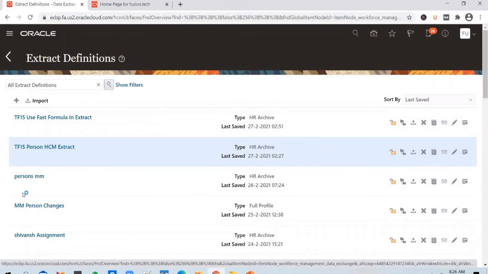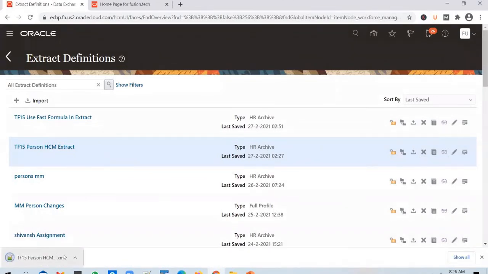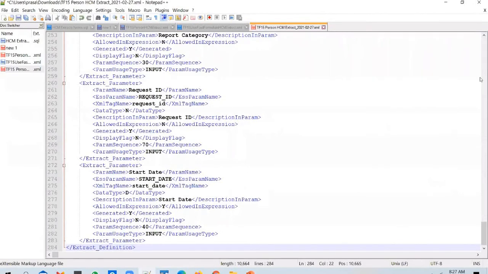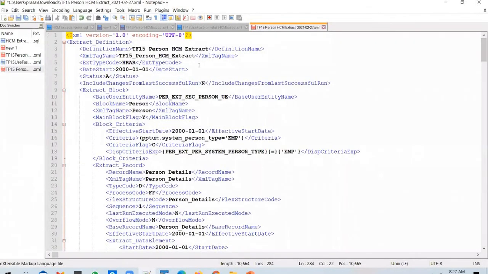You click on this, and that will generate an XML file. Don't get confused. Don't confuse yourself with this XML file. Don't think that this is an output generated by this extract. This is an XML file again, but it contains the definition of the extract, not the output of the extract. I see some students getting confused here. You see an XML file is generated, but this file is not the output. Instead, it is the definition of the extract, so it contains all the details that you have selected in the extract.